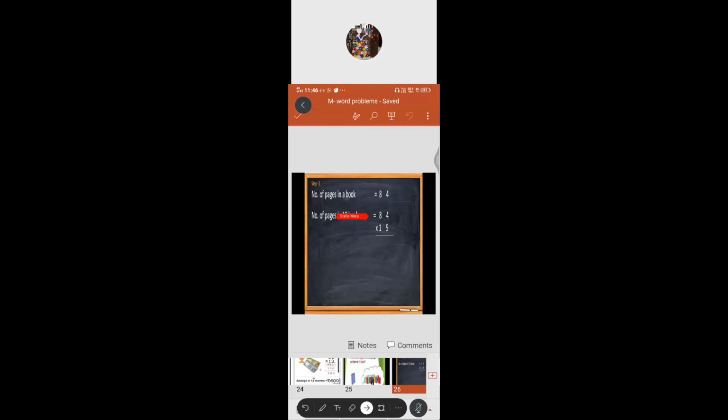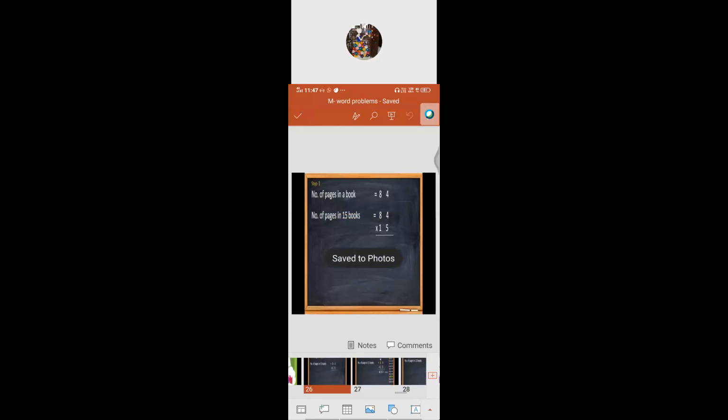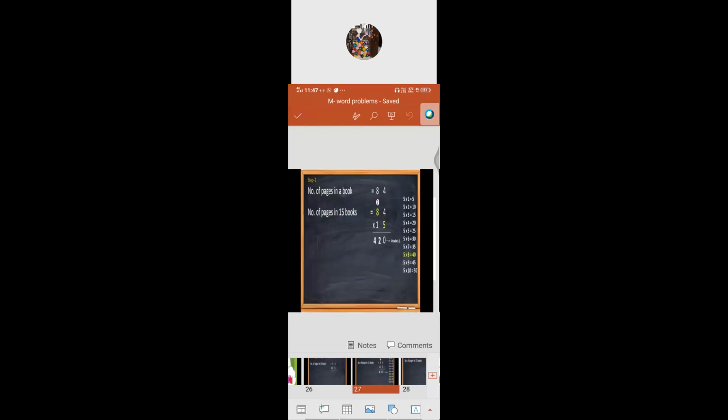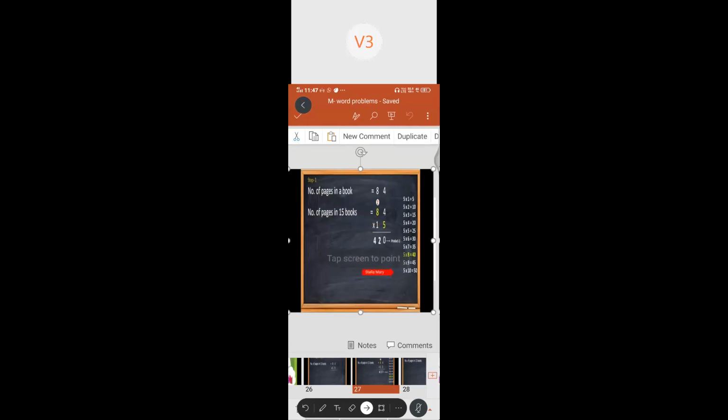What is the first step I said? The first step is always to start by multiplying by the ones digit of the multiplier. What is the ones digit of the multiplier there? 5 is there. So if you multiply by 5, 5 fours are 20. Well, write in your notebook also, note it down. Tables by the side, you have to write that. So 5 fours are 20. 20 is a 2-digit number. 0 comes down.